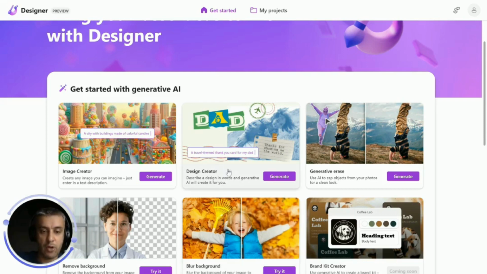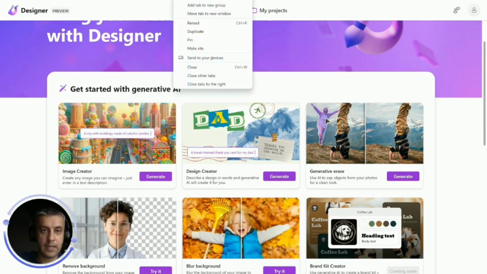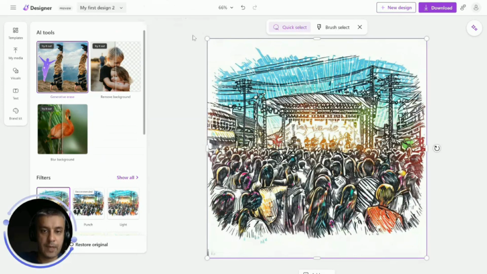I was doing this before, so all you have to do is click on generate, and I did that earlier, and then I just open up this image which I have on my screen. So all you have to do is go to a new design, you click on add image, and now there are 3 options available as I showed you in the previous screen: the generative eraser or erase, remove background,